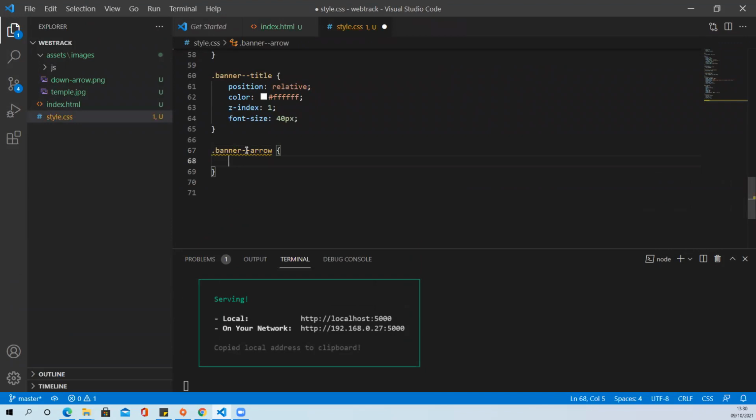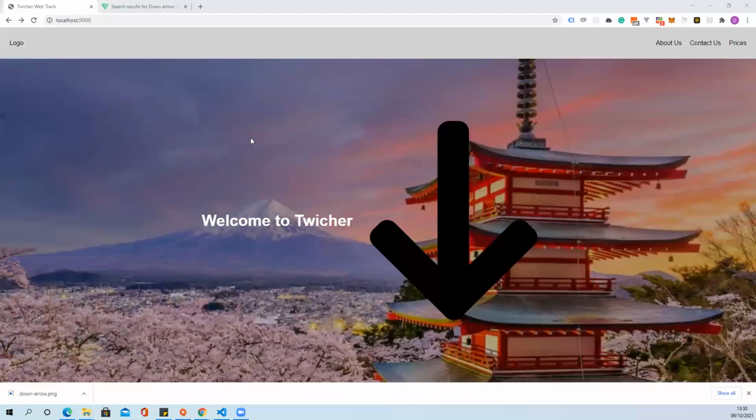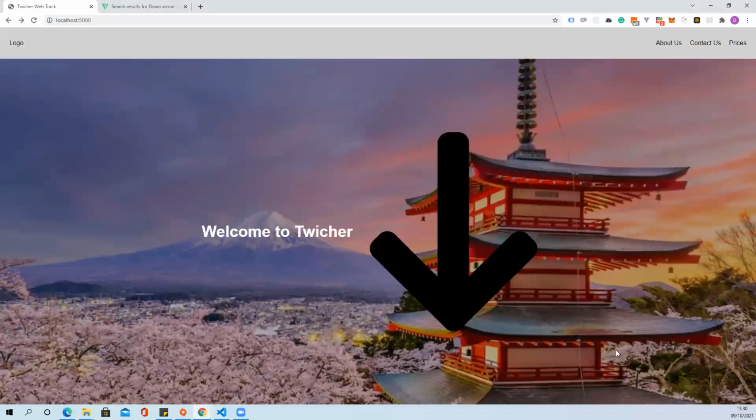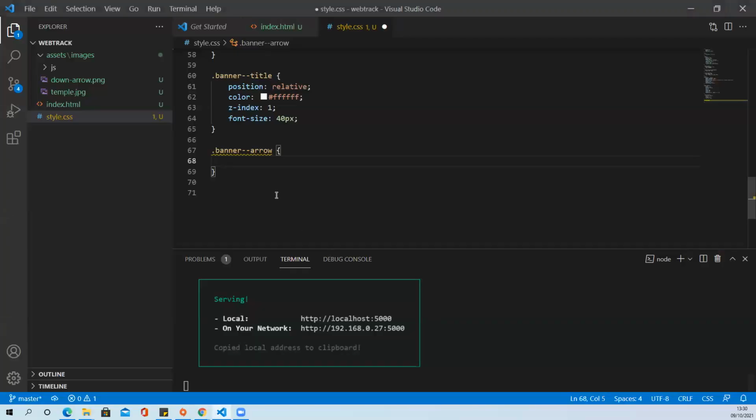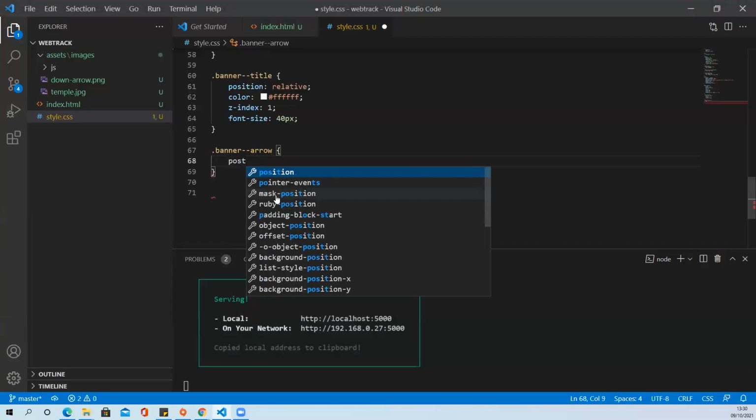So for this banner arrow, I want this arrow to be around this bottom part of the page. And I want it to tell people that there's more content at the bottom, right? So I'm going to have to position it